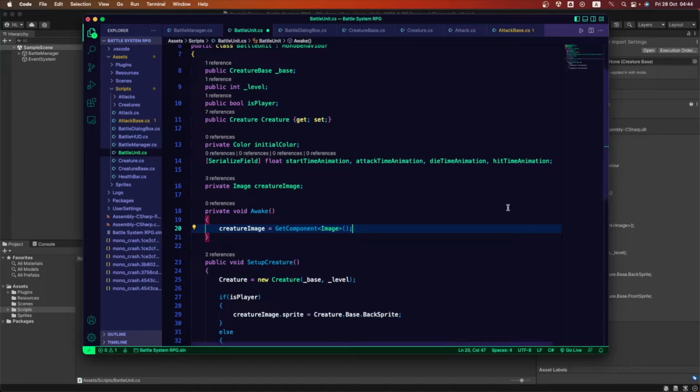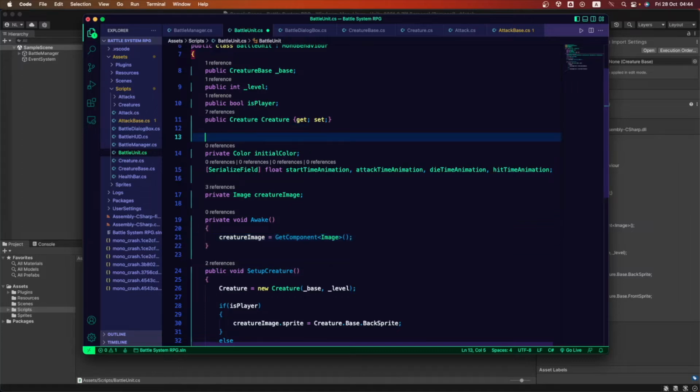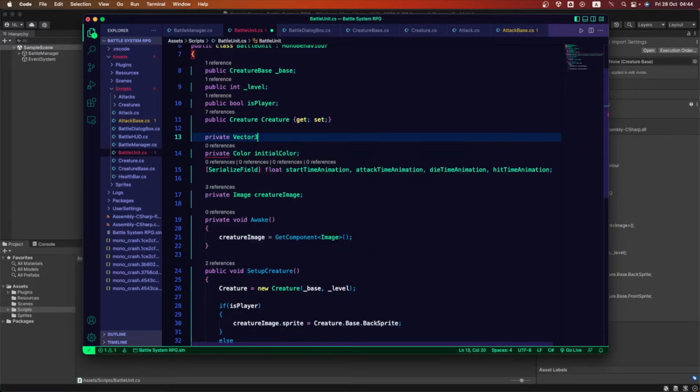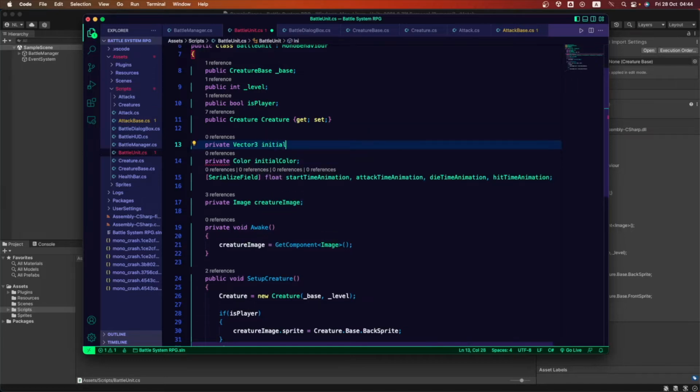So we're gonna add also here in the variable section, a private Vector3, and this is gonna be called initial position. We're gonna add that variable because we're gonna be using it for the animations.